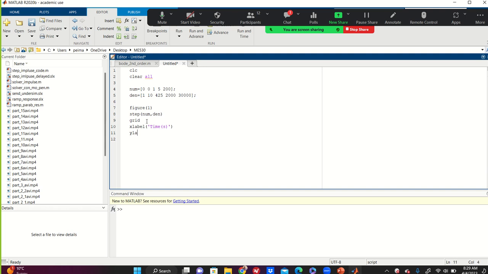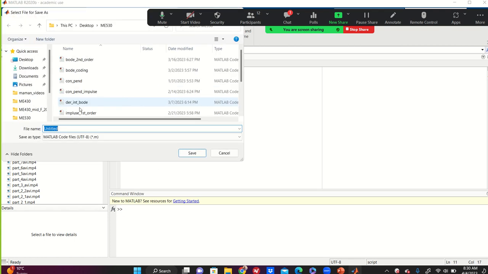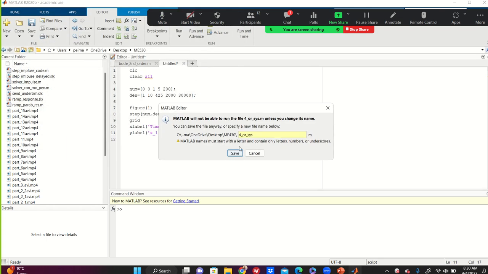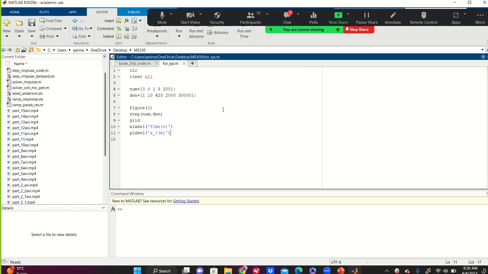Y label is X1 emitter. Now I'm gonna say ME430 fourth order system. Okay, now if I run this,